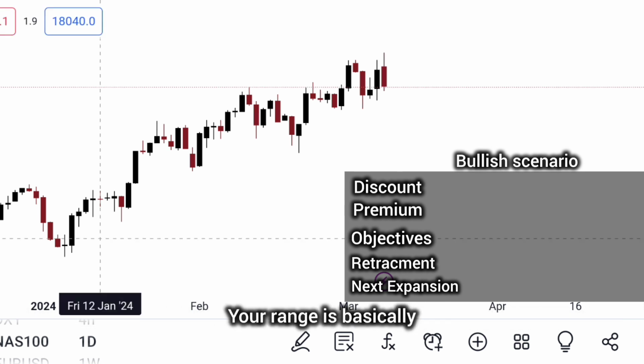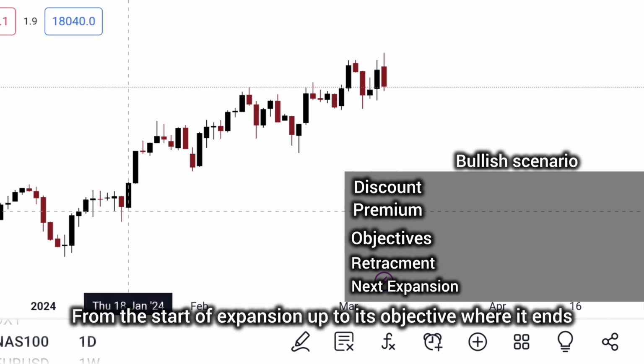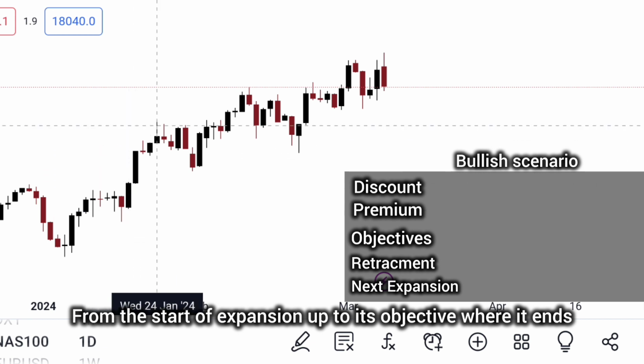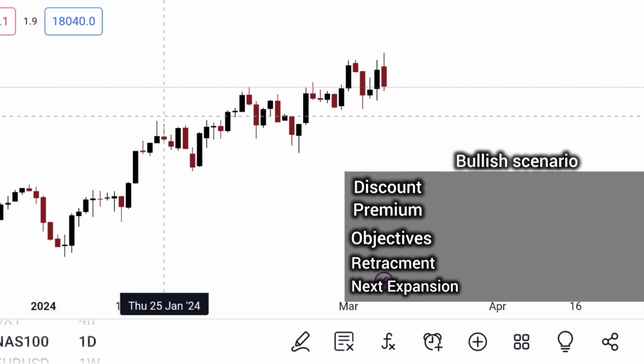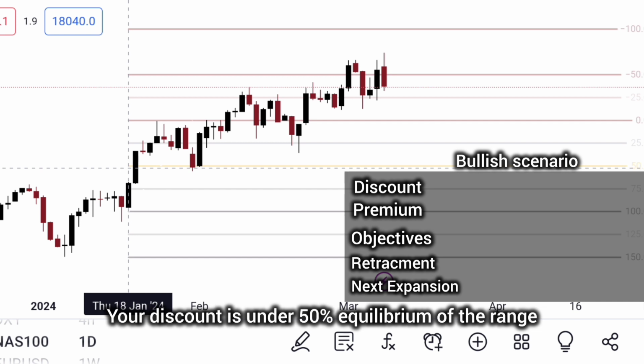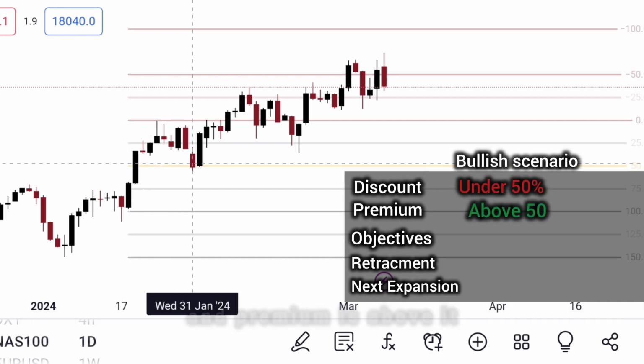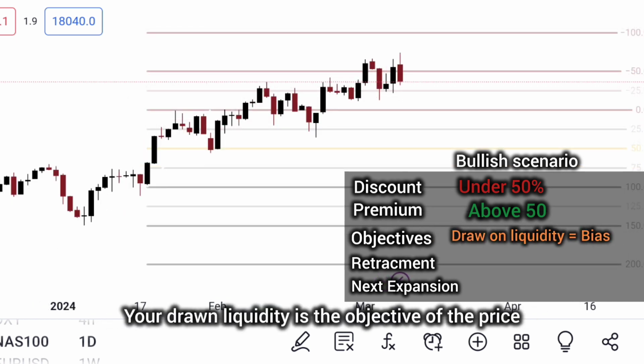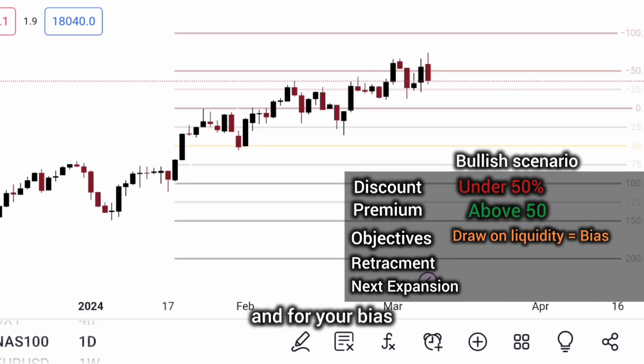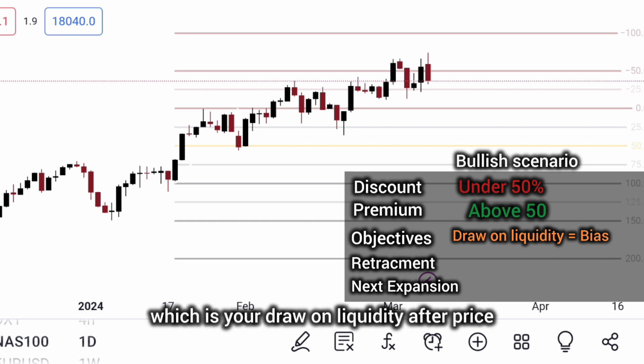Your range is basically from the start of an expansion up to its objective where it ends. That's your range. Your discount is under the 50% equilibrium of the range and premium is above it. Your draw on liquidity is the objective of the price, and for your bias, which is your draw on liquidity,